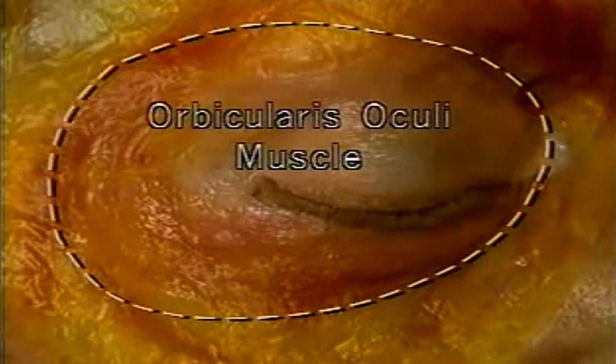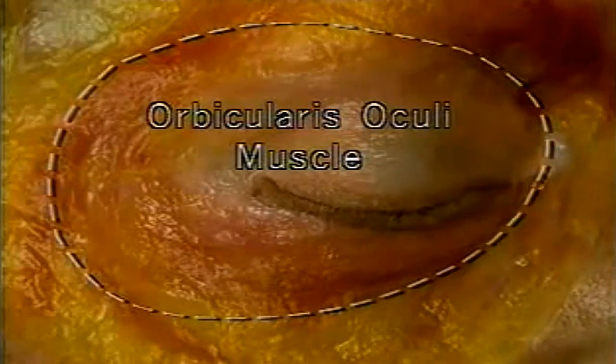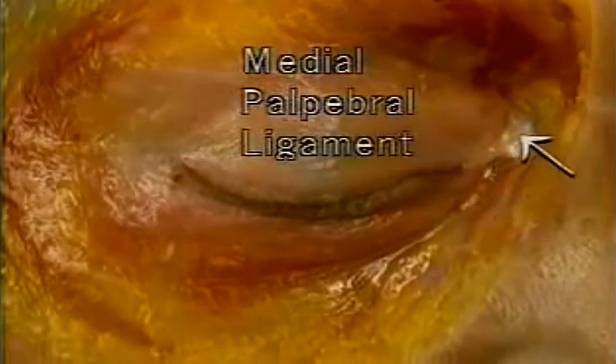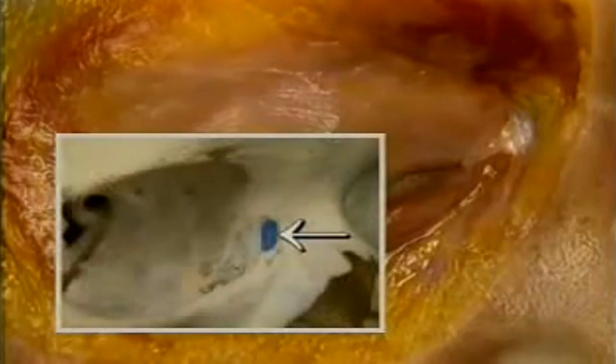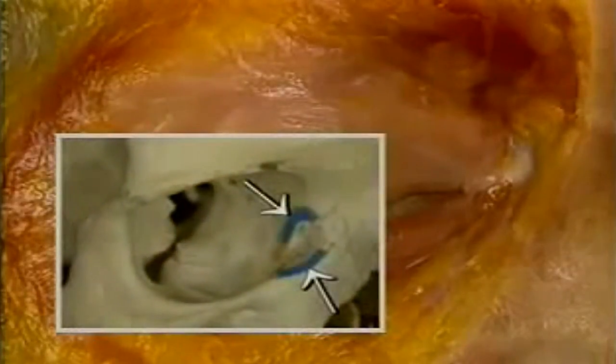Directly beneath the skin of the eyelids, which we'll remove, is the orbicularis oculi muscle. As we saw in part 1 of this tape, the orbicularis extends beyond the margins of the orbit onto the forehead and the cheek. It's such a thin muscle, parts of it are almost colorless. Medially, many of its fibers arise from this structure, the medial palpebral ligament, which is attached to bone here at the anterior lacrimal crest. The more outlying fibers of orbicularis arise from bone here, around the lacrimal groove.